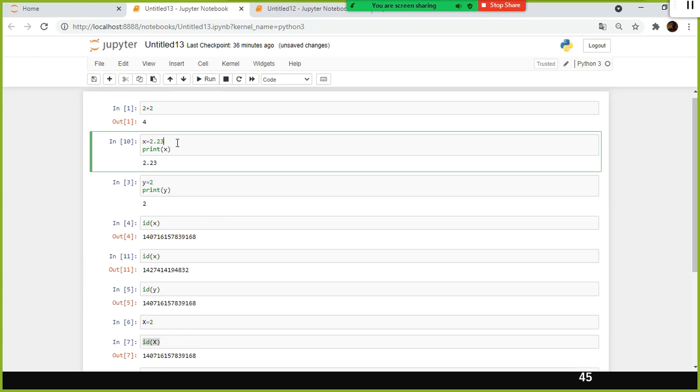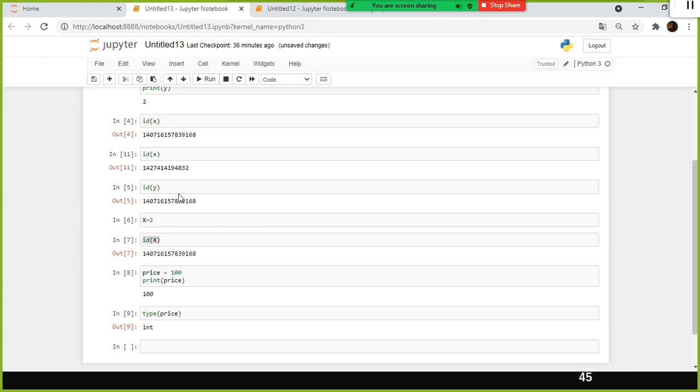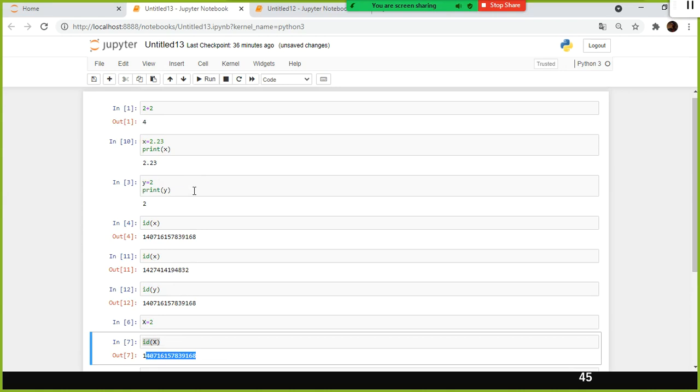Now it is a completely different value. And if you use id of y, it remains the same as before. If you use the same value for different variable names, all the variables use the same address to refer to the value.